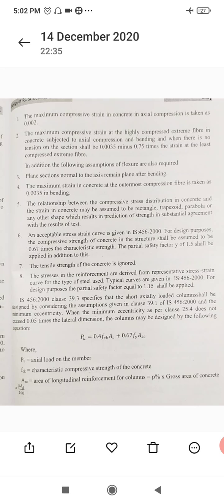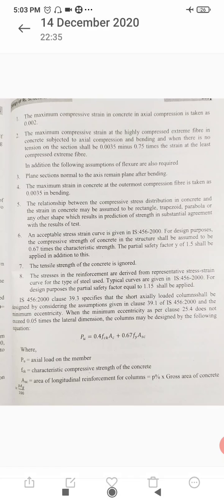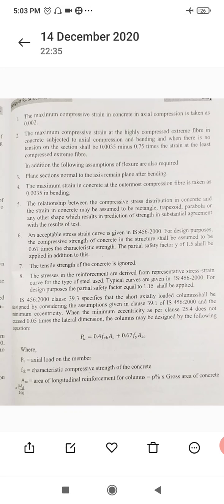IS 456-2000 clause number 39.3 specifies that short axially loaded columns shall be designed by considering the assumptions given in clause 39.1 of IS 456-2000 and the minimum eccentricity, where the minimum eccentricity as per clause 25.4 does not exceed 0.05 times the lateral dimension. The column may be designed by the following equation: Pu equals 0.4 FCK AC plus 0.67 FY ASC,